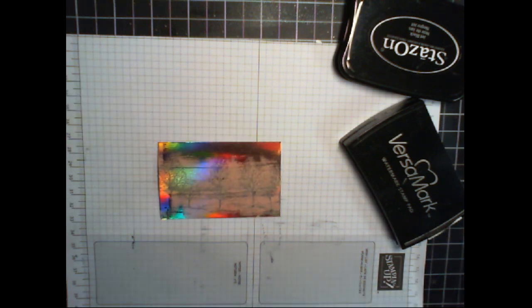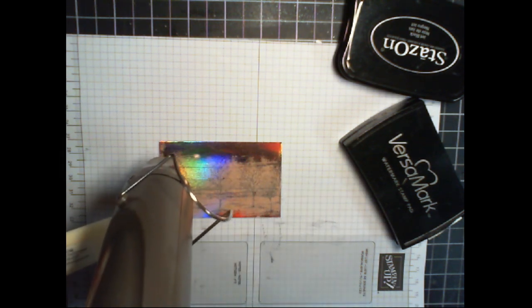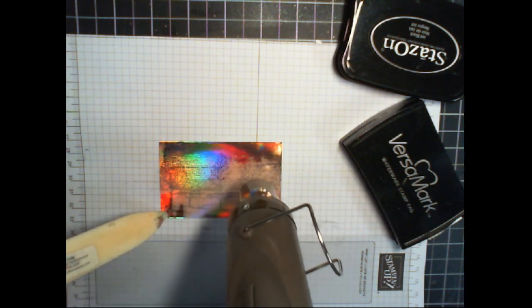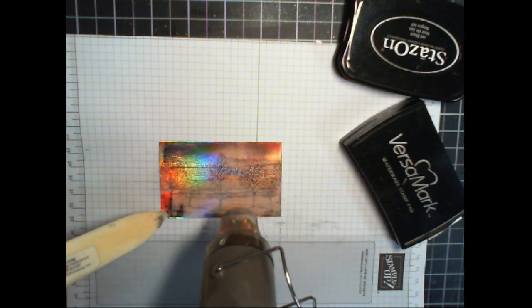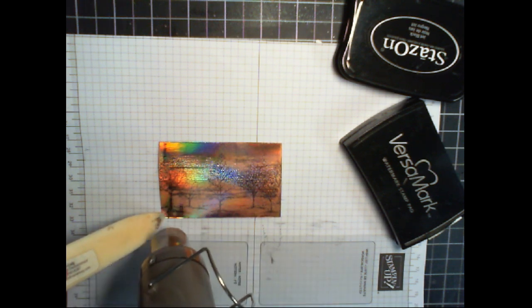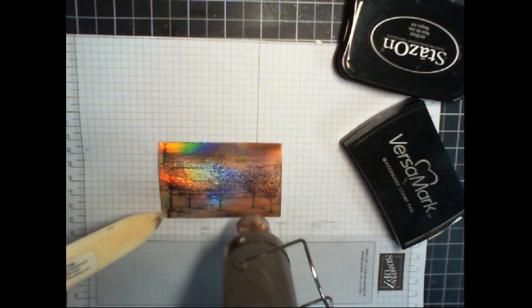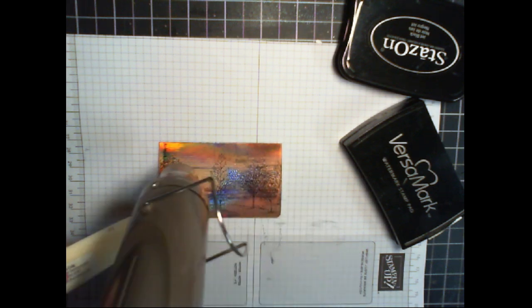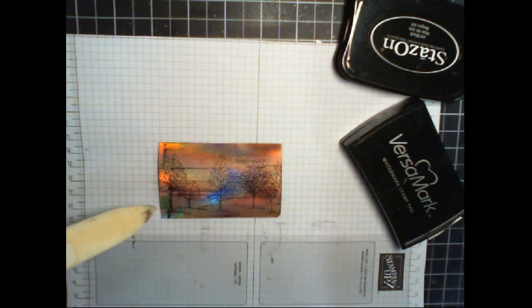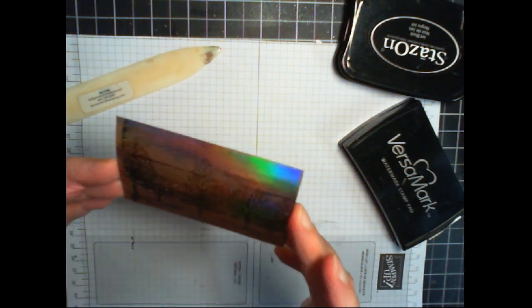Okay, so now what we're going to do is we're going to heat set this, and it'll melt. Alright, you want to make sure that it melts all of the embossing powder,